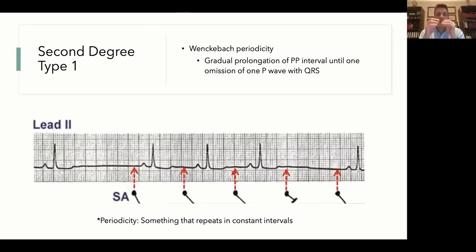So I need your guys' attention here because we will talk about a phenomenon called Wenckebach periodicity. And I know that the pathophysiology department really likes this term. Wenckebach periodicity, or maybe let's talk about periodicity first. Periodicity is something that happens in constant intervals, okay? So it's like the opposite of frequency. Is everybody with me? Now, in second degree SA block type 1, you will see here that this is where